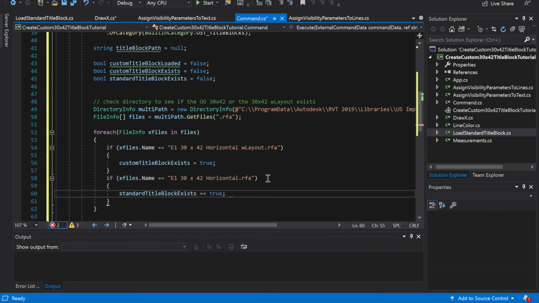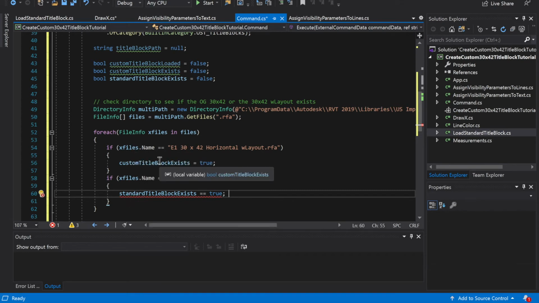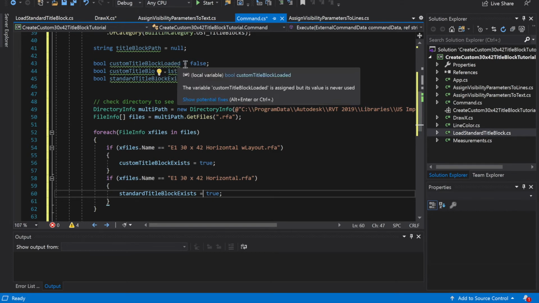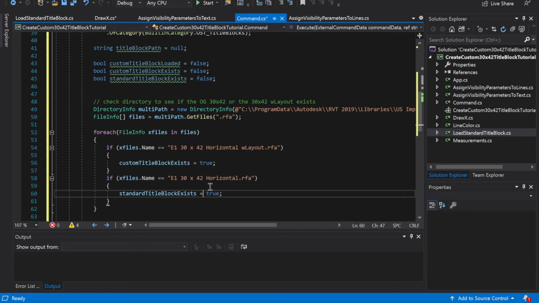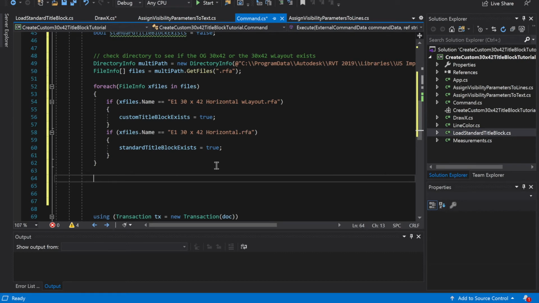You can't run the doc.load inside of these if checks. If you do, then for example, let's say you have 10 title block files that are already loaded in your project, for every time that it says no, it'll run it, right? So you have to set it to a boolean, in this case set it to false, and we set it to true when it trips it, and then we're going to run off of those after this. All right. So if called title blocks dot count